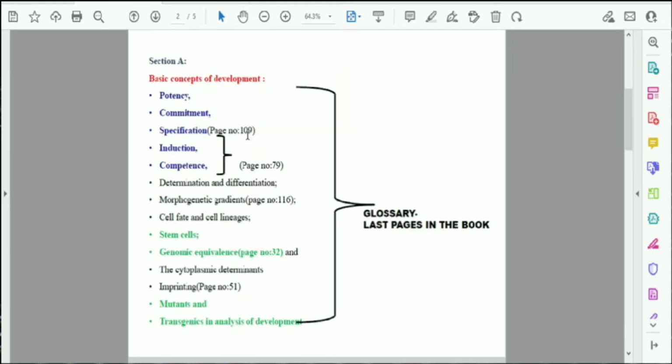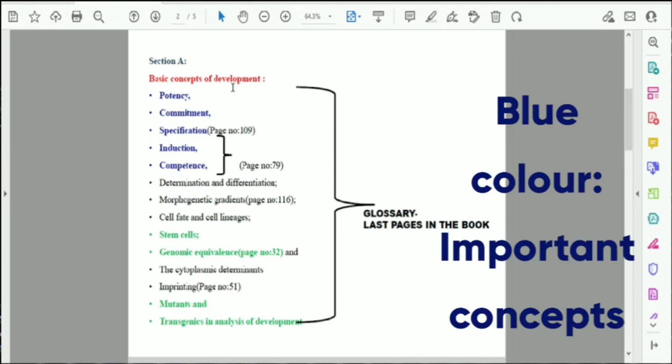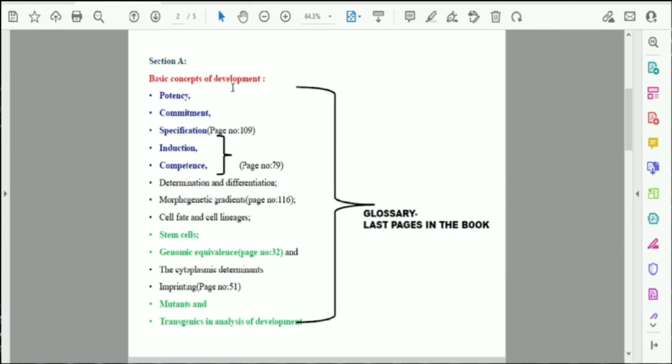So for section I, I can tell you how I prepared, because in this whole video I'm going to share my personal suggestion. I prepared from this Gilbert book only for my 2020 examination, that is last year's examination. I also started fresh, even though I had this developmental biology topic in my MSc and BSc degrees, I didn't refer to this Gilbert book, so I started this one fresh, and I completed it in 8 to 10 days. It depends upon your strength and your willpower to complete this.